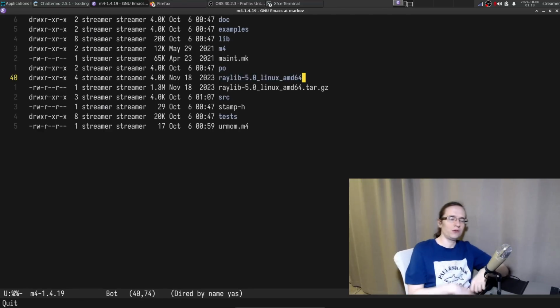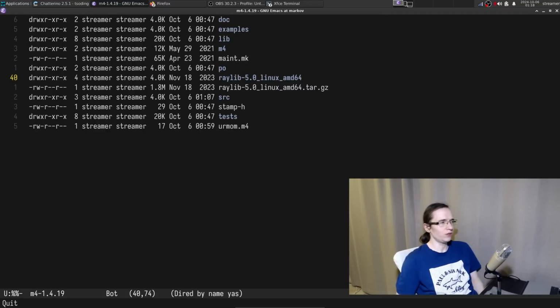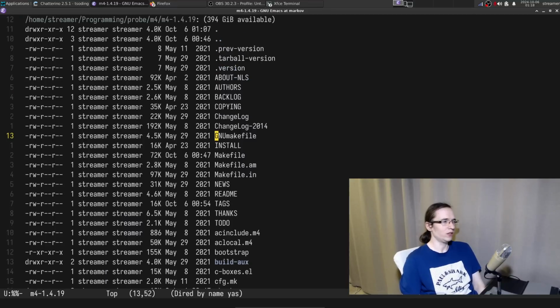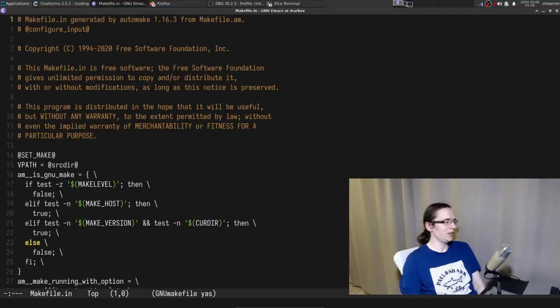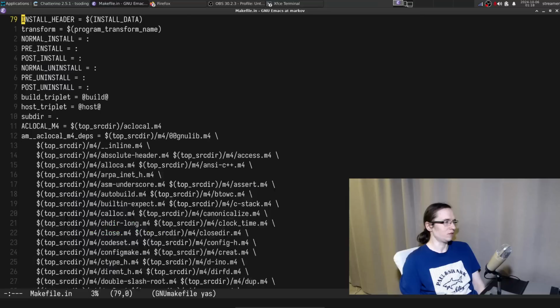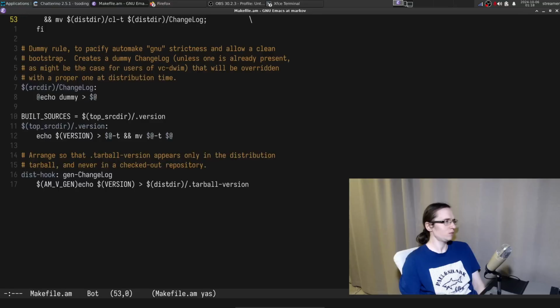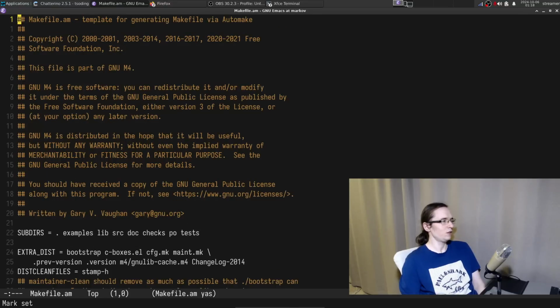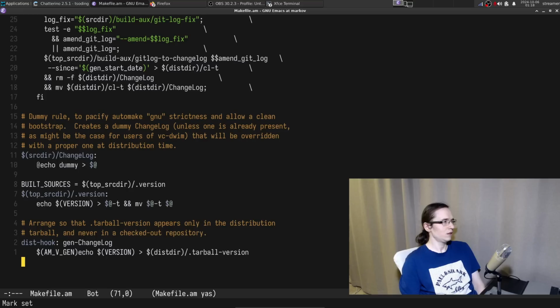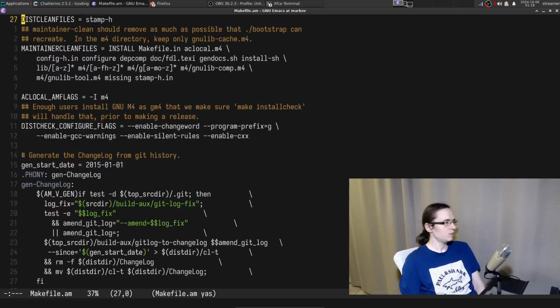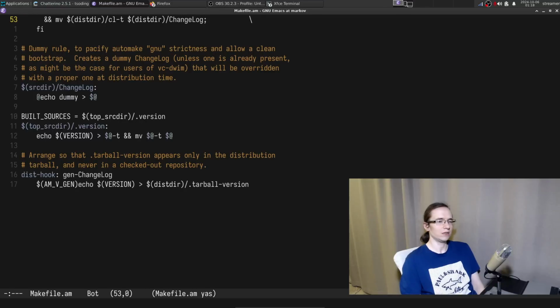So using CFLAGS and LDFLAGS is already a hack on its own, isn't it? The proper way to deal with this kind of thing is to actually add it somewhere in Makefile.in or Makefile.am or some other file. You know what I'm saying? That's what it has to be, right? So CFLAGS and stuff like that. And then you have to recreate the whole thing, right? So you have to regenerate the config flags.